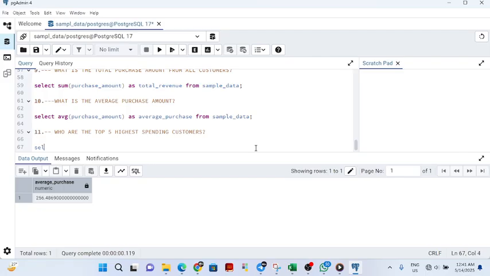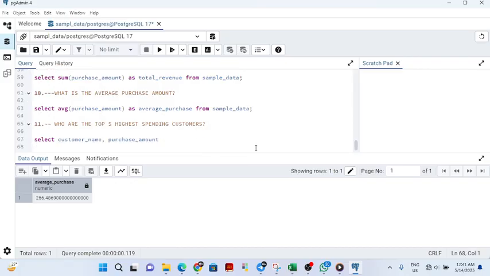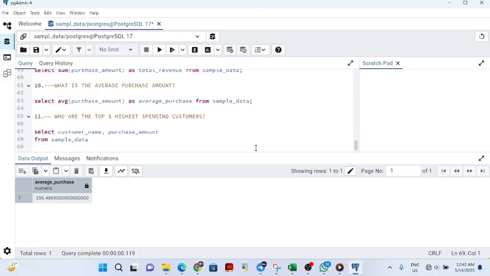How can you know that? It says select customer underscore name, so it's a purchase underscore amount, then let's go there. So that will be from sample from sample underscore data. So now, since you already selected, then now say that we want to find the order